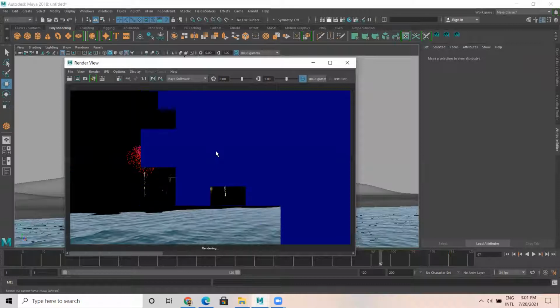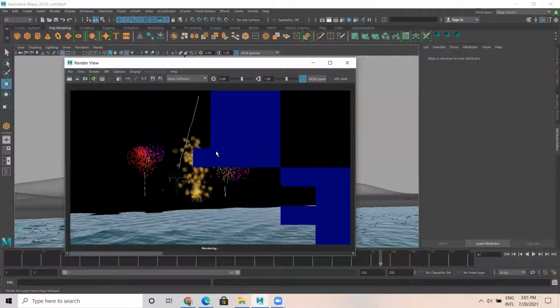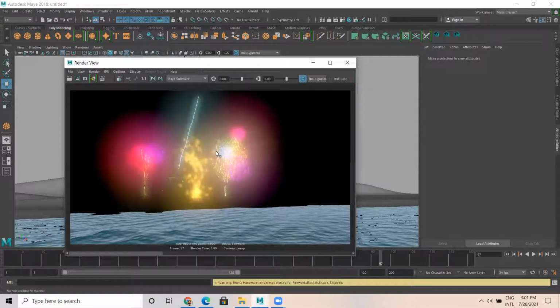So I'm just combining things, multiple effects. Okay. You have fire, lightning. Okay. Means you can have a scene only with the lightning effect you can create. That also looks good. Okay. Like this.